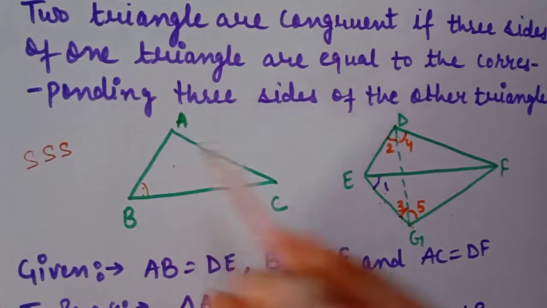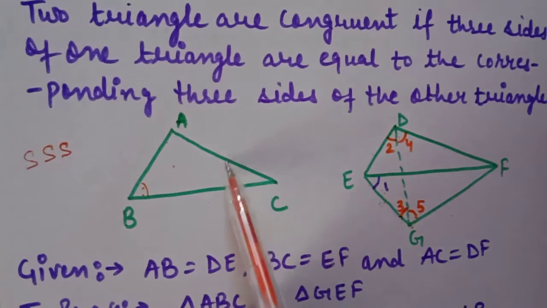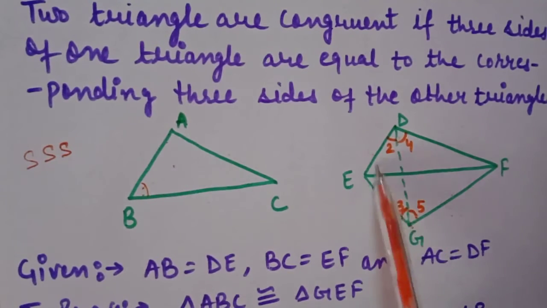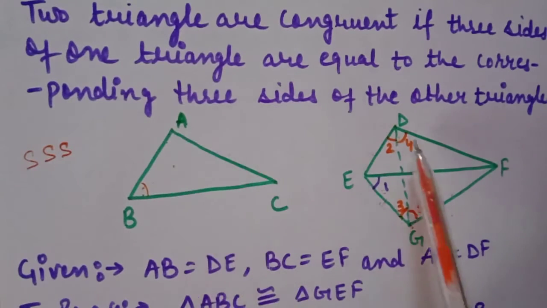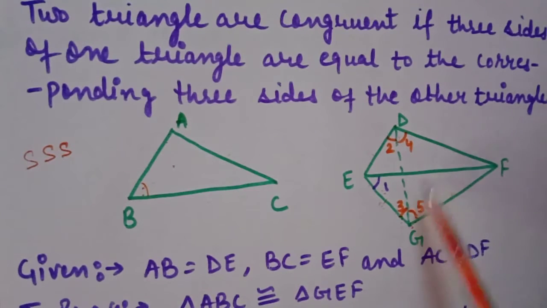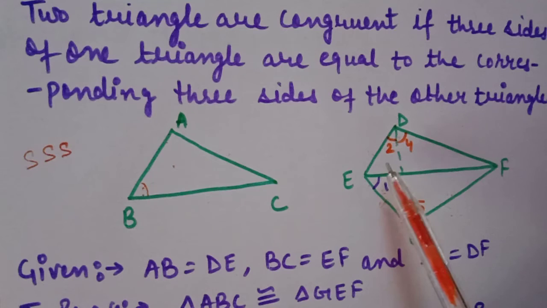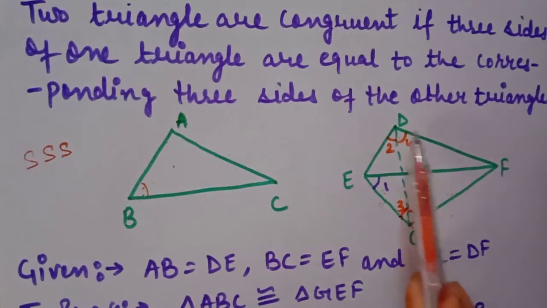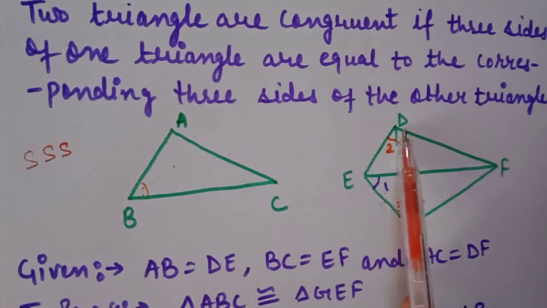By the CPCT, angle A and angle G are equal to each other, and AC and GF are equal to each other. If AB is equal to this side and this side also, then they both are equal to each other. Similarly, AC is equal to this and this, both sides. So these two sides are also equal to each other, so the base angles are also equal to each other. When we add these two equations, this complete angle is equal to this complete angle. But when we congruent these two triangles, we take angle A and G equal to each other by CPCT. Now G is equal to D. So definitely A and D are equal to each other.